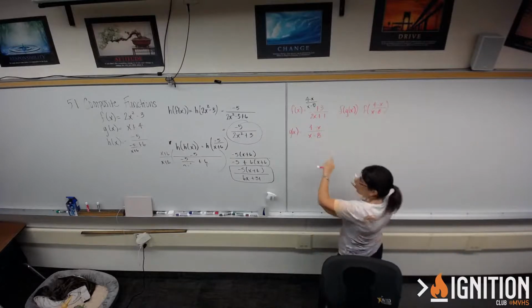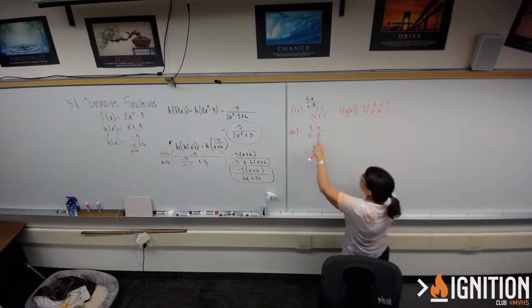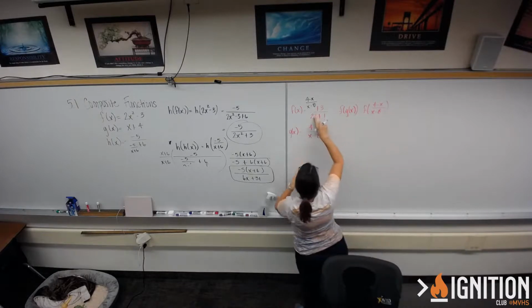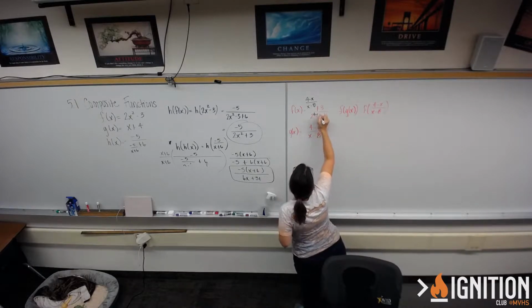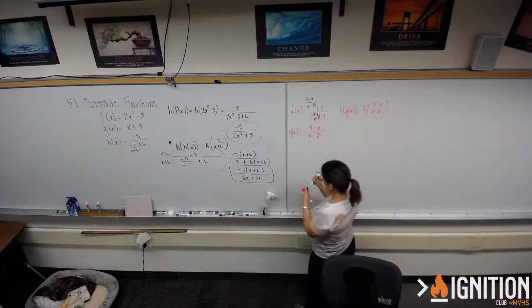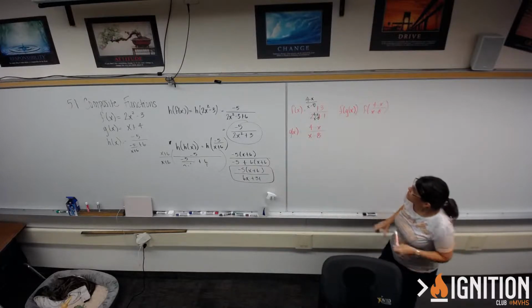The denominator, all the x's get replaced. In the denominator, x comes out, 4 minus x over x minus 8 goes in. So you have